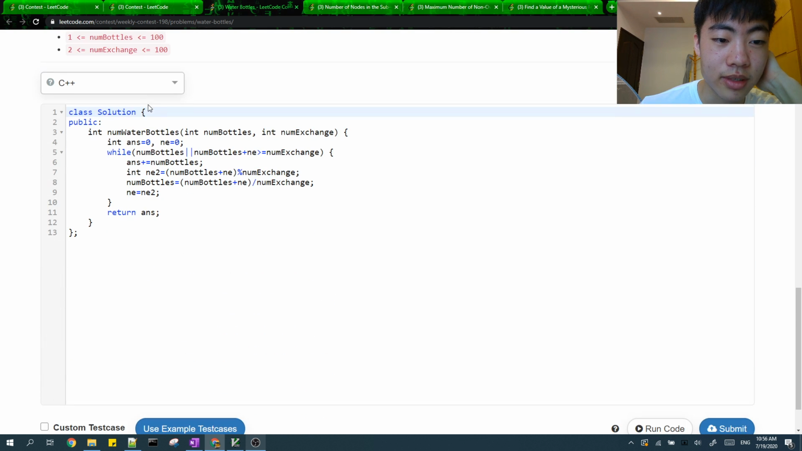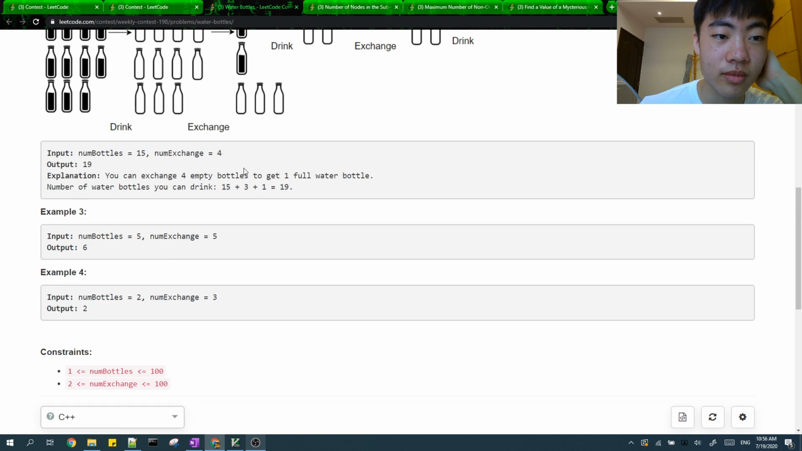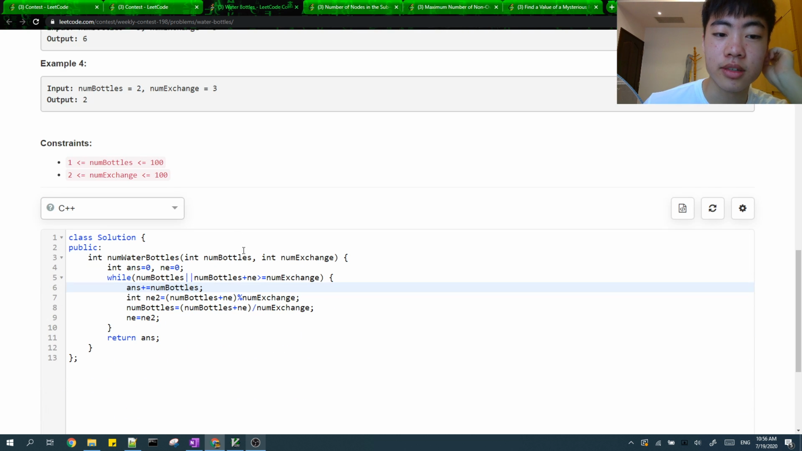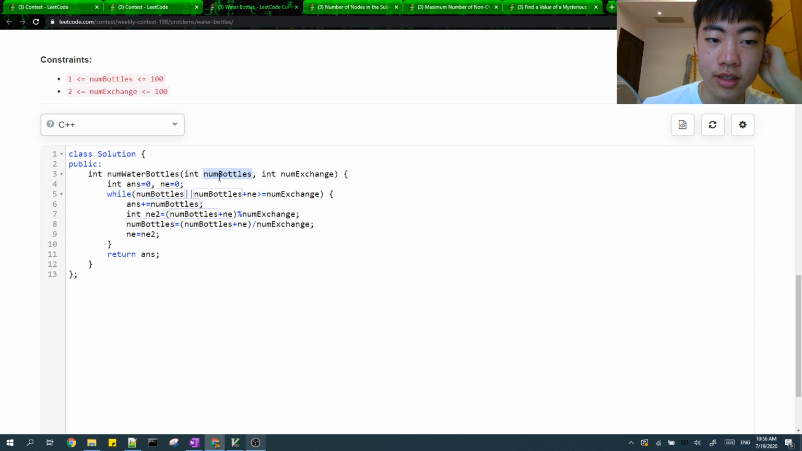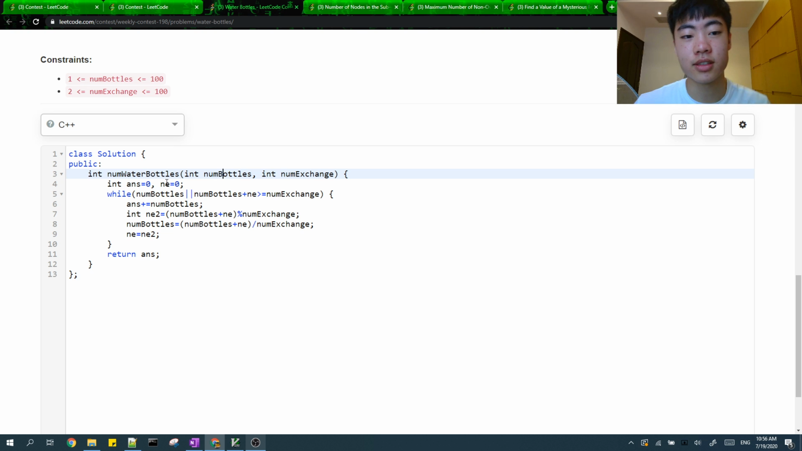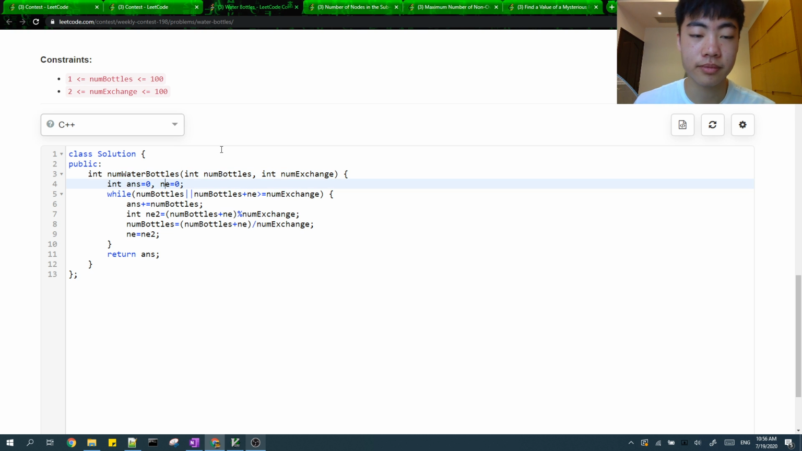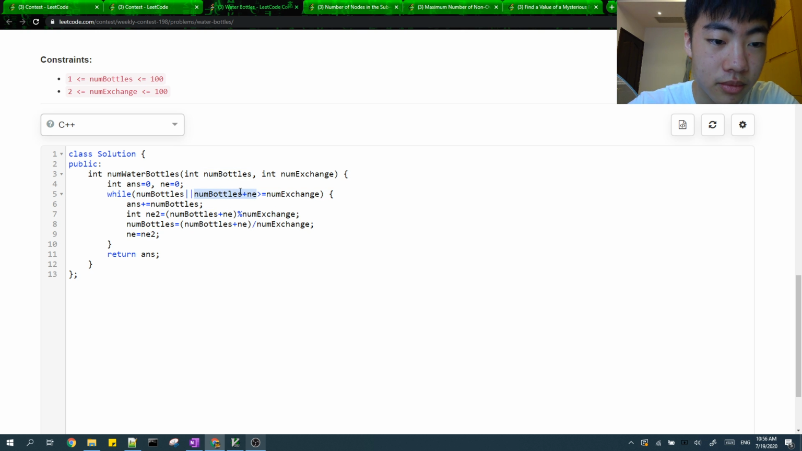Okay, so for problem 1, you do a simulation based on the number of full bottles that you have, which is in num bottles, and the number of empty bottles that you have, which I store in NE. And then while you still have full bottles left to drink, or you have enough empty bottles left to exchange, then